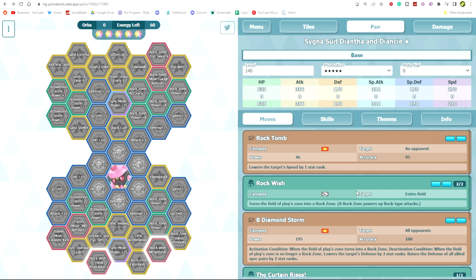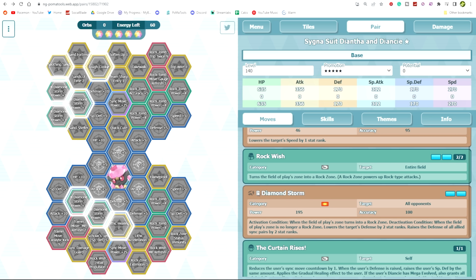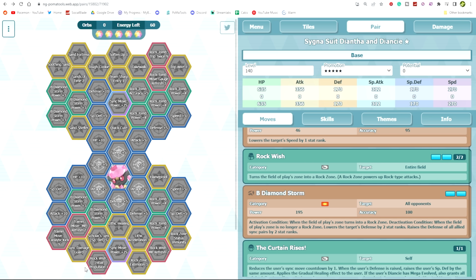Rock Wish for Rock Zone, right? You have B Diamond Storm, her buddy move over here, which the activation condition is when it's Rock Zone. So when there's no Rock Zone, no B Diamond Storm. When there's Rock Zone, all the B Diamond Storm in the world, okay? And then after that, lowers the target's defense by 2, since it's an AoE move, so it's lowering everyone's defense by 2. Lowers opponent's defenses by 2 and raises defense of all allied sync pairs by 2,